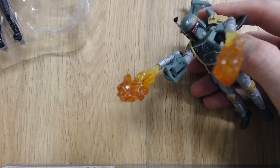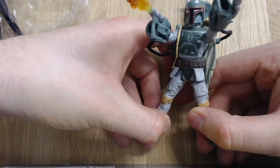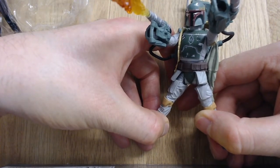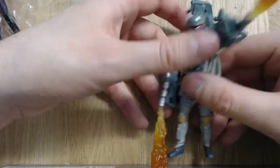I mean, yeah, I get it. I just think the kids are likely to... I mean, look how flimsy it is. I guess you could pose it more like that, but...